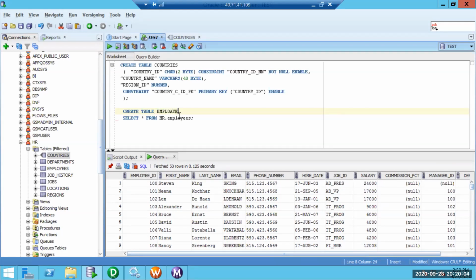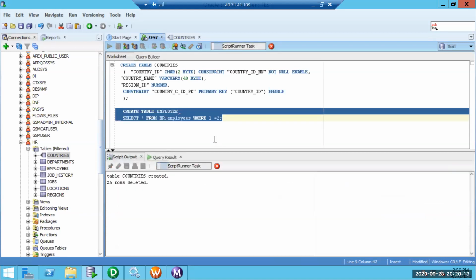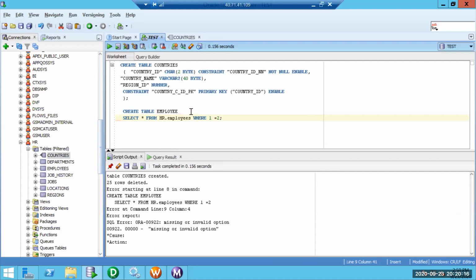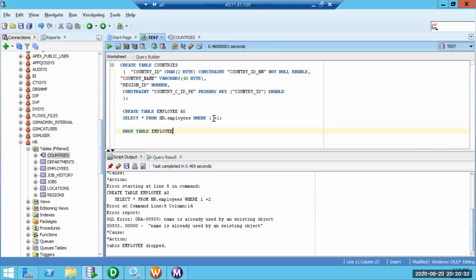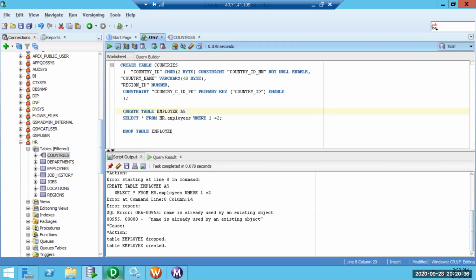I don't want any data in this. Okay, it is already there. Let me drop the employee table. Perfect.